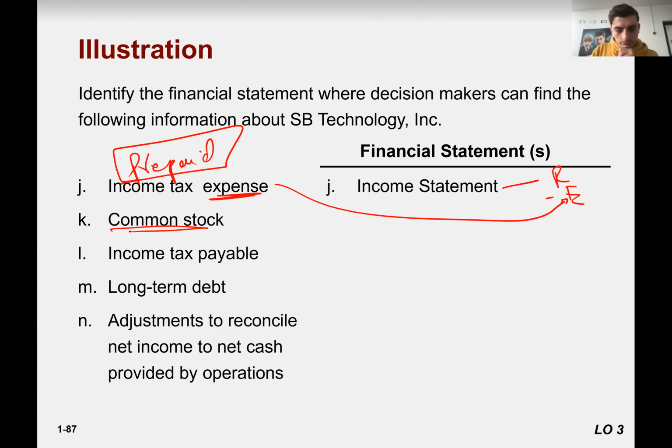Balance sheet. Cash flow, I want to say. In cash flow, there must be issuance of common stock. There is no issuance, just common stock. Yeah, you may be right, but balance sheet is the right answer. Why? Because for sure, common stock is going to be recorded in the balance sheet under owner's equity.